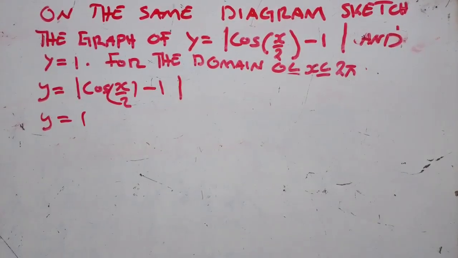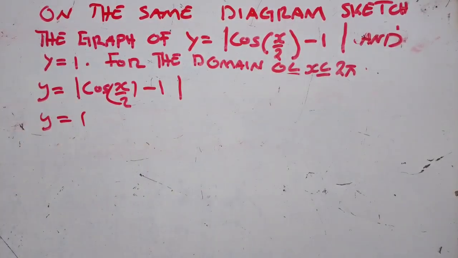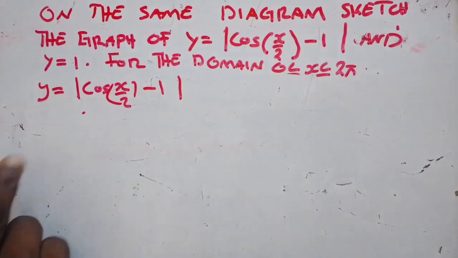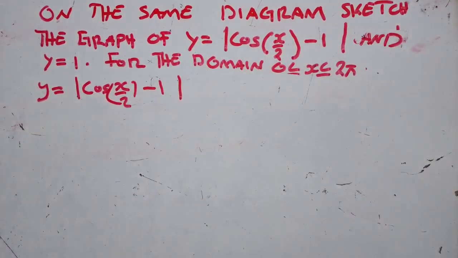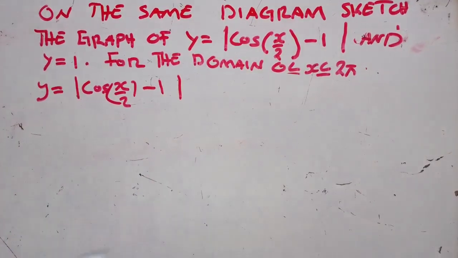So the first thing that you need to do here is to deal with this one, because this is easy to graph. We're just going to wrap this so that we remain with this, but we shouldn't forget about that. We have just ignored it for a while. So we have this function, and the first thing you need to do is to determine